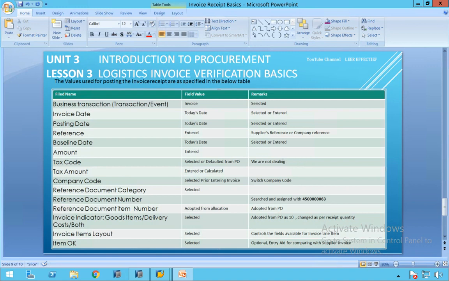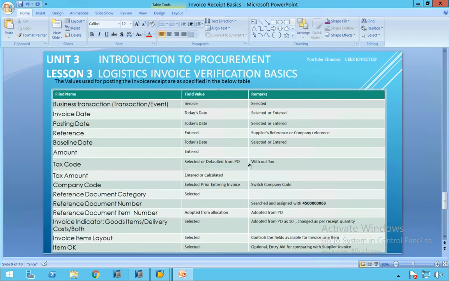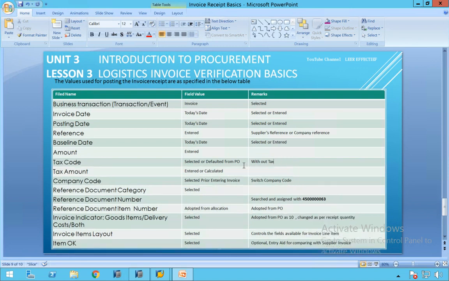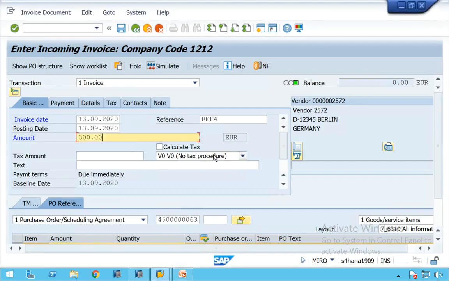We are considering an invoice without tax, but still we have to choose a tax code. We selected V0, no tax procedure.